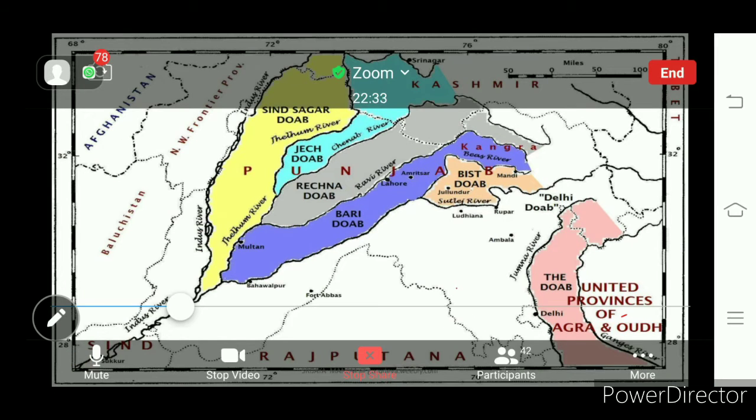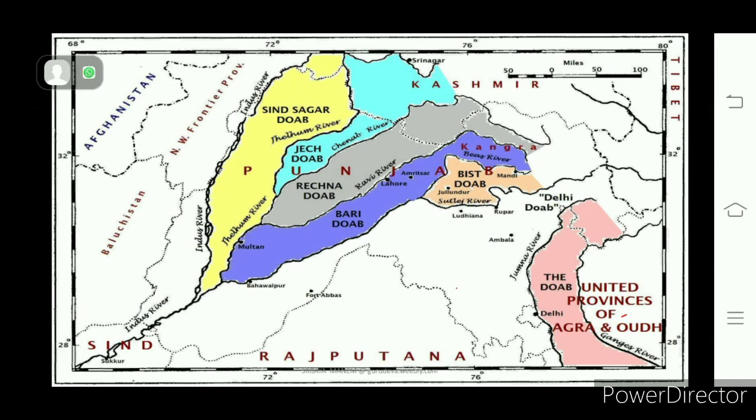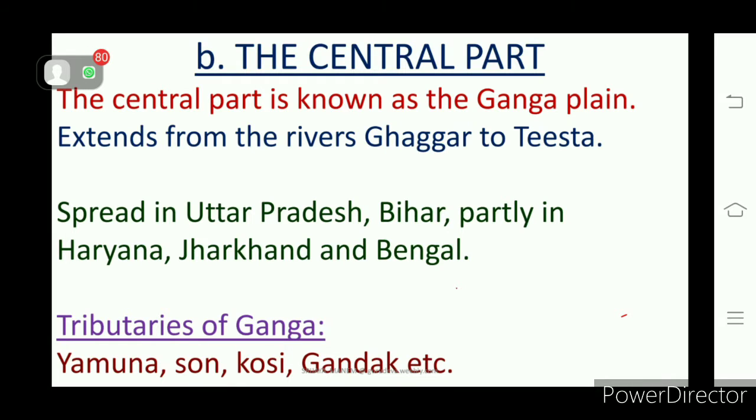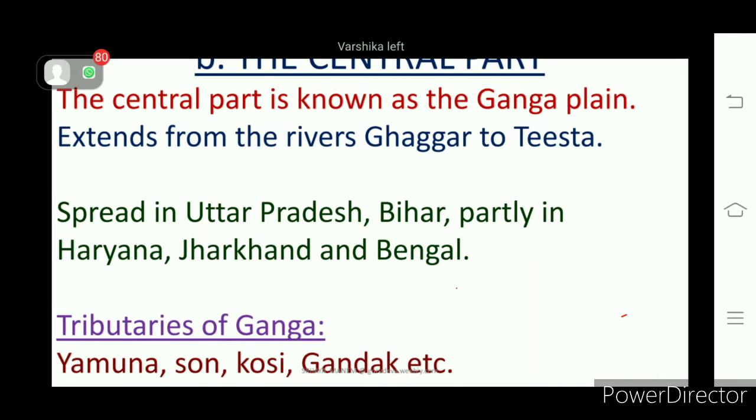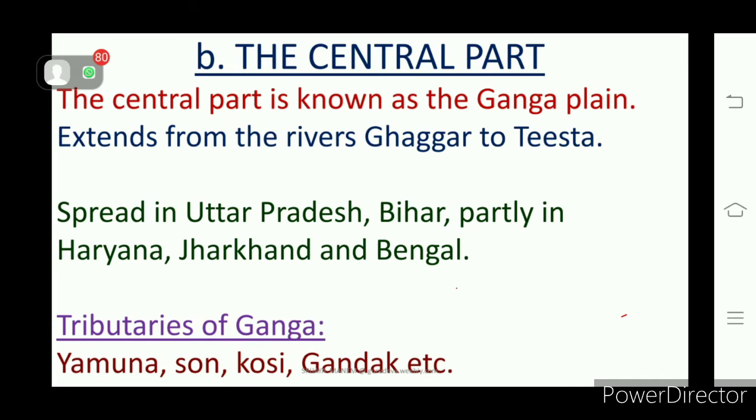Understand? So this is about the western part. The western part of the Indo-Gangetic plains falls in Pakistan. The major portion falls in Pakistan, a little in Punjab and Haryana, right? Indus and its tributaries have contributed to the formation of the western part of the Indo-Gangetic plains. Understand? Then the central part is formed by the river Ganga,